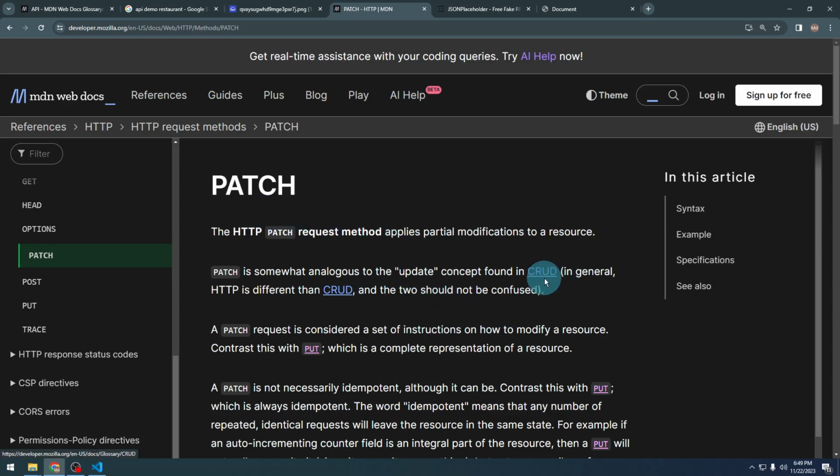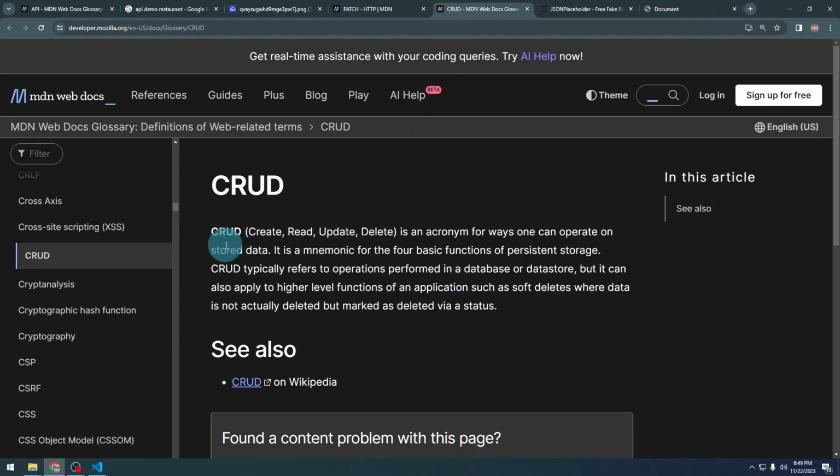So we also haven't talked about CRUD. So what is CRUD? Create, read, update, delete. This is CRUD. Let's open this in the video. As you can see, CRUD: create, read, update, delete. So creating is creating new data. Read is the get method we just talked about. So we want to read some data from the backend, and then we can update by put or patch, and then we can delete with the delete